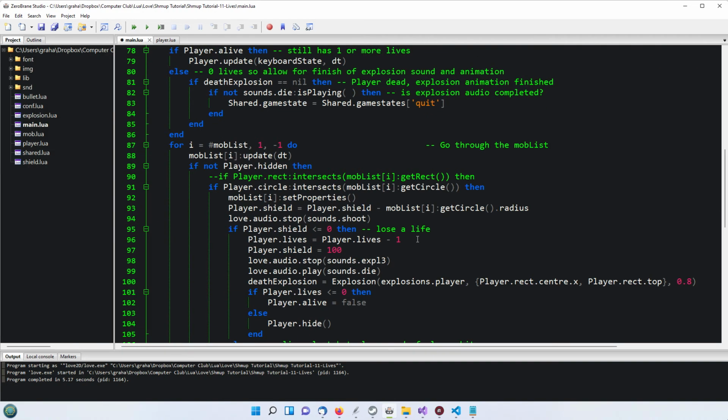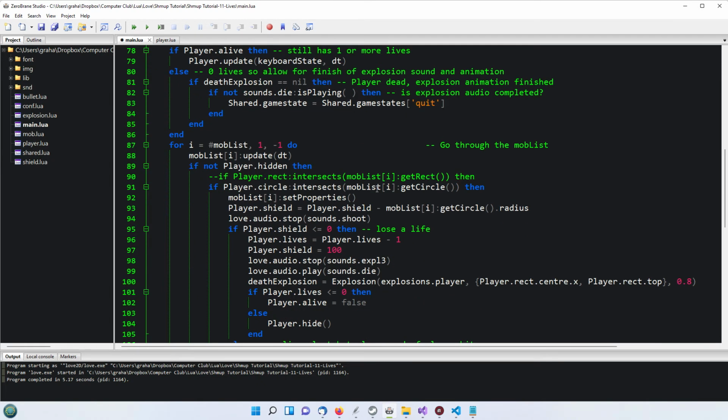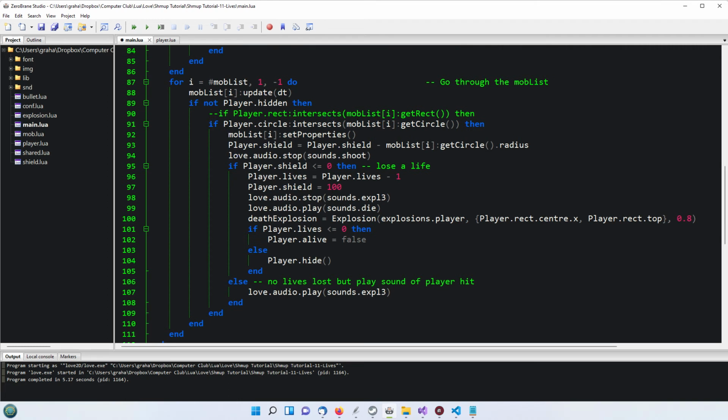So how do we actually set the number of lives? Well, that's done in the check mob player collisions. So when the player gets hit by a mob, as before, the shield is attacked and reduces, and once the shield has got below 0, instead of that being kind of the end of the player's life, we're now just reducing the number of lives by 1. So it started off at 3, which was set in the player's class here. Then we reset the shield back to 100, play the explosion sounds, play the death explosion,